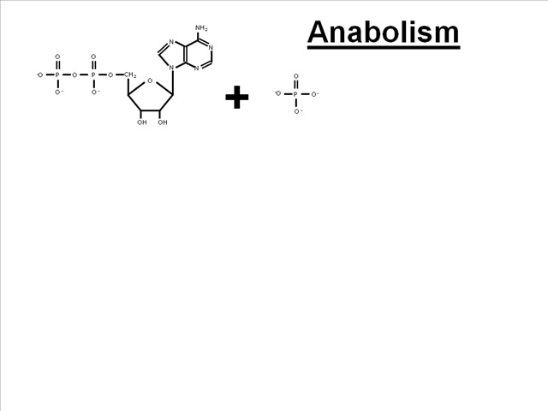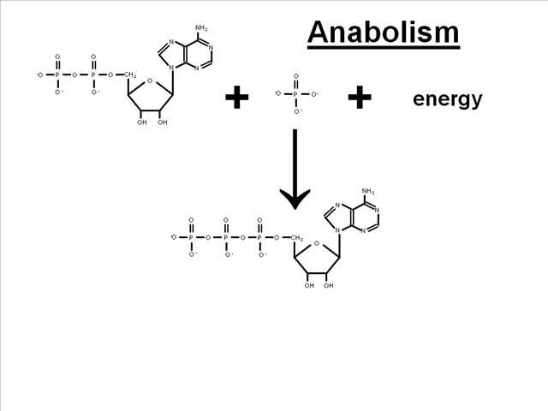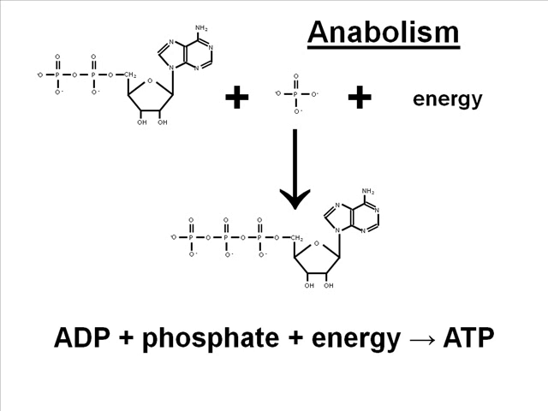So here's an example of anabolism. This is an important example. We start with adenosine diphosphate, ADP, shown here, and we can combine this substance with a phosphate ion and some kinetic energy, and we add that phosphate to the ADP, we get the larger ATP molecule, which has more energy stored in it. So when we combine phosphate and ADP with kinetic energy, we yield ATP. This is an anabolic reaction because we start out with more smaller reactants and we end with a larger, higher